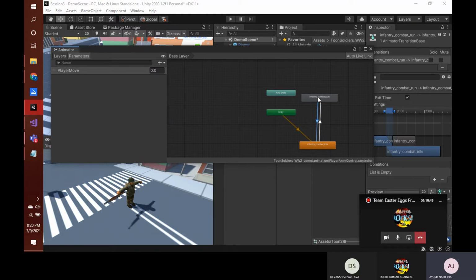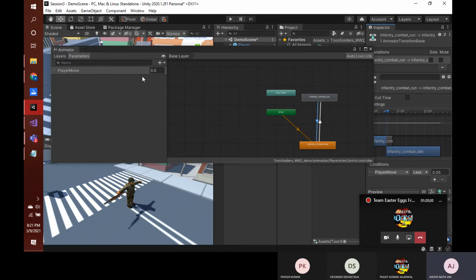And for this from run to idle, we have just set up another link, and here we'll again add a parameter, and it will be player move is less than 0.05, then it will be standing idly. Okay. And again, we will just remove this exit time stuff. We'll uncheck this exit time, and we'll slide this slider to null.